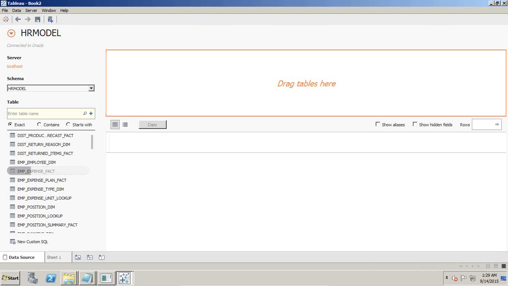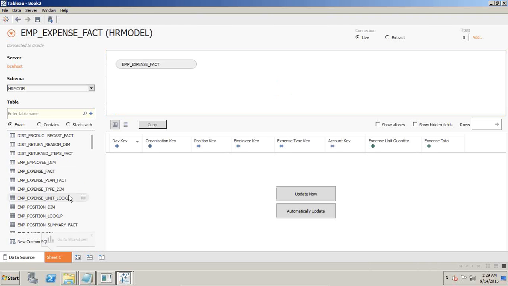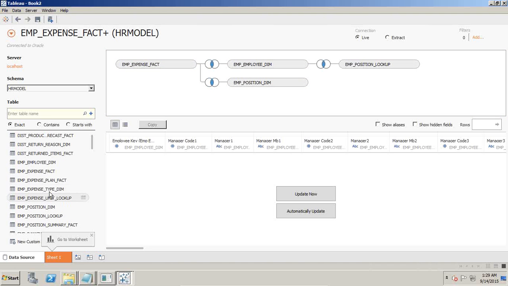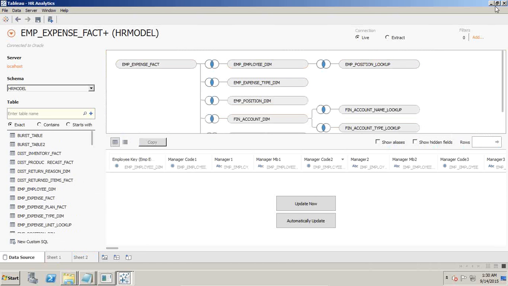Start with employee expense fact, then build employee dimension, employee position, position lookup, type of expenses, expense type, and in the same way I build the whole model, and eventually this is how it looks. Once your model gets built, it looks this way.